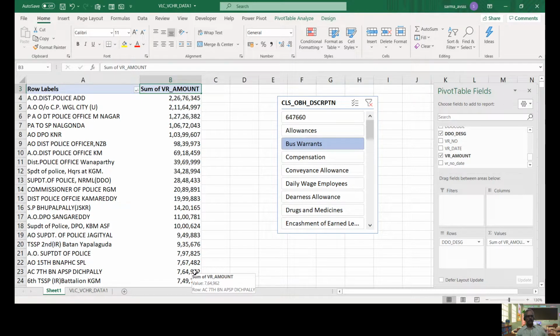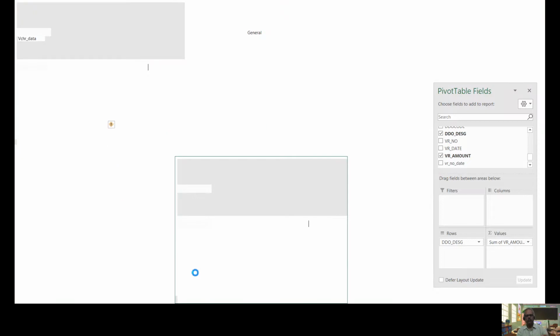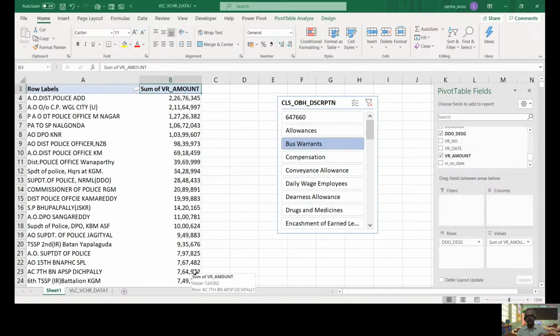This observation we could do without checking any voucher. This is a very important point which we have to keep in mind. So far we have not checked any voucher, any paper or physical vouchers. But just by analyzing, we came to an observation of whether the Transport Corporation received this 12 crores amount for this period or not, right?